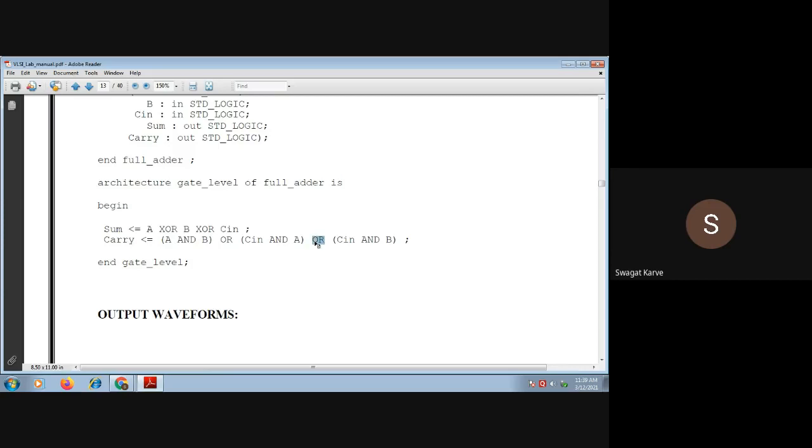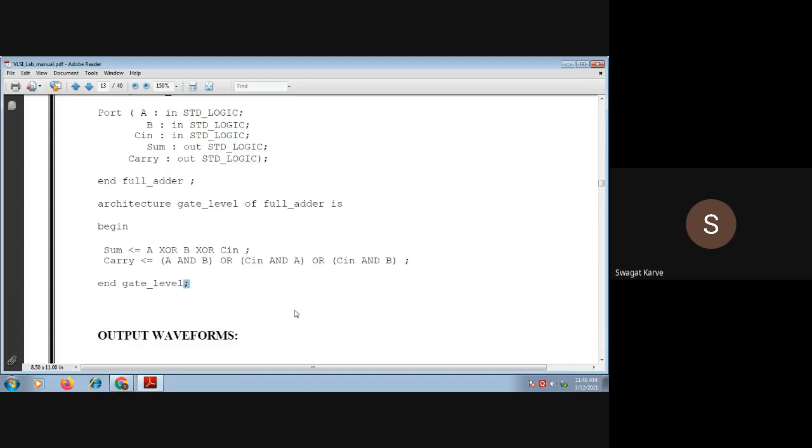So a and b, ORed with cin and a, ORed with cin and b. This is the equation for carry. Then end architecture. As we mentioned the name, gate level, it is ended with the same name followed by a semicolon. So this is how you can write a simple code of full adder and half adder using data flow.